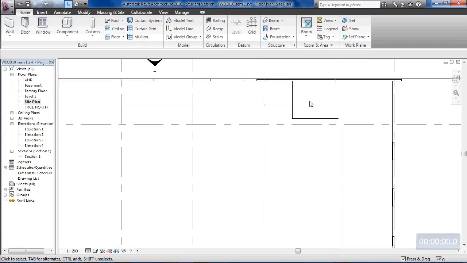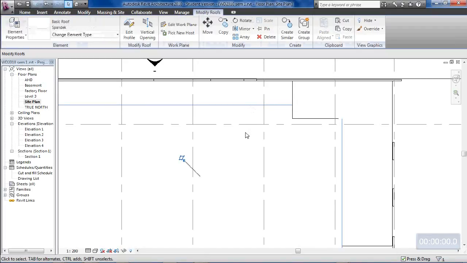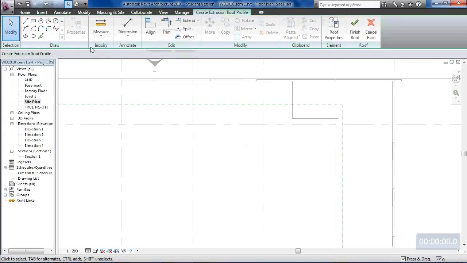So to do that, I think we'll select the roof, okay, and we'll wait for a context sensitive menu, and we'll click on the vertical opening, and I'll just use my pick line tools to pick that line, that line, that line, and that line, and then trim to corner. So I'm going to cut as if I'm cutting an opening out of this roof